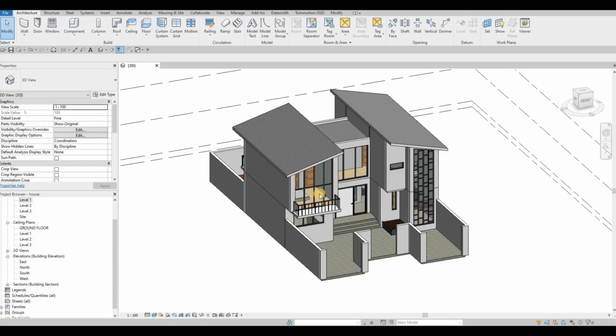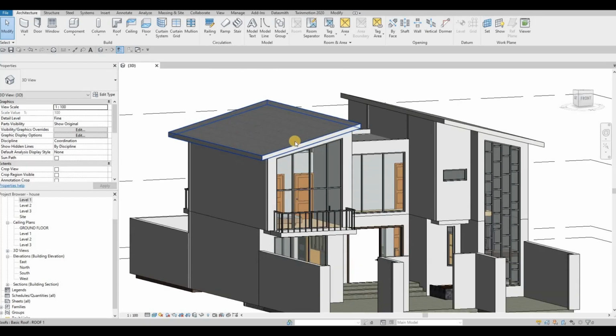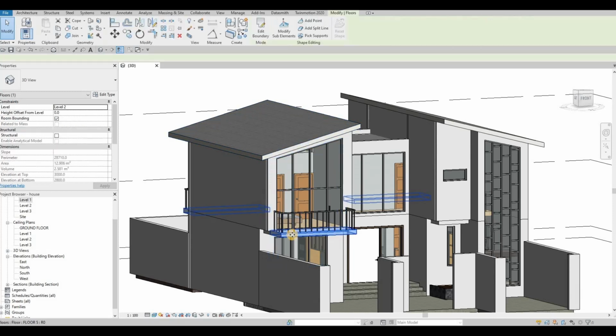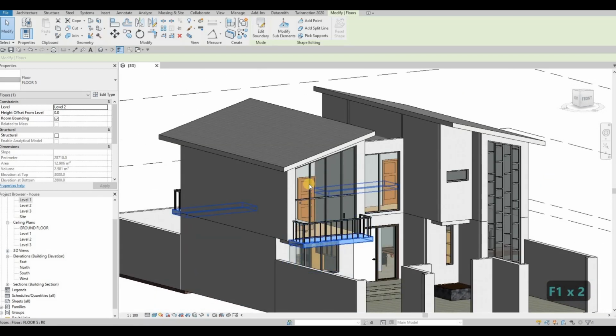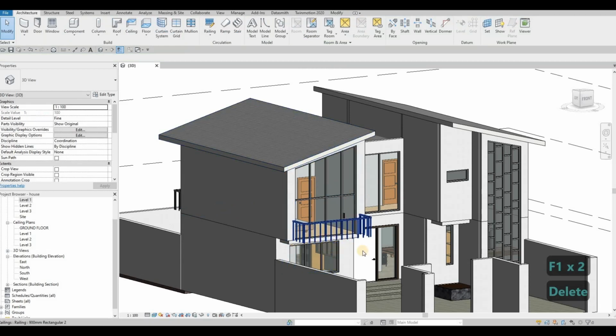So in the last video, we changed it a bit for the roof. Now we're gonna continue on this because I want to change how it looks. So I'm gonna remove this floor right here, where we put our balcony, because I want to close it off. So we could go to our south elevation